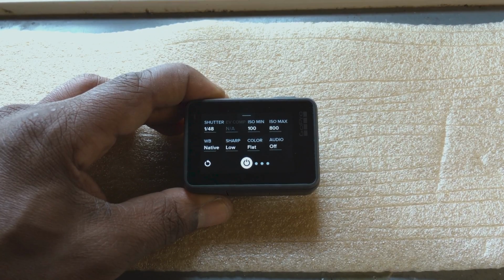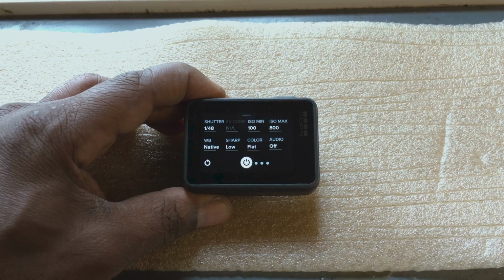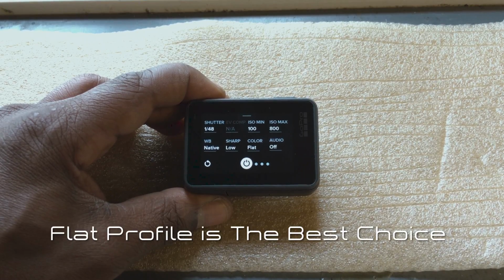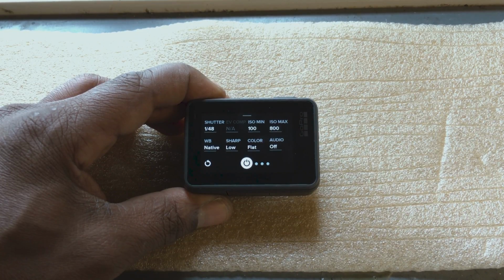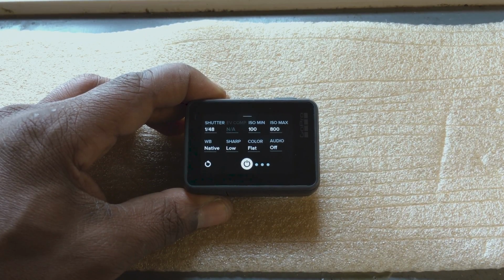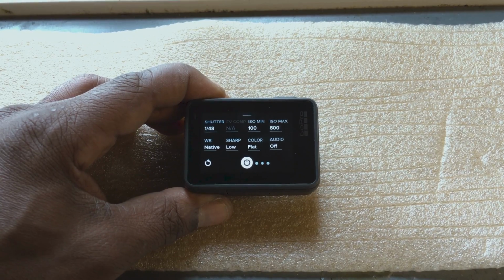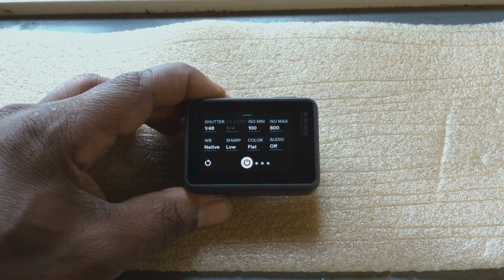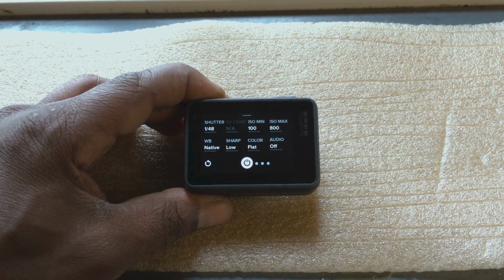Now you can also see the colors. I'm shooting flat. The GoPro's colors are just too saturated. I'm losing a lot of detail and a lot of subjects or plant life. I don't like the colors. It's just too oversaturated. My audio is off completely because we all know that the GoPro Hero 6 audio is not great. The GoPro Hero 5's audio is so much better than the GoPro Hero 6. And so with that said,